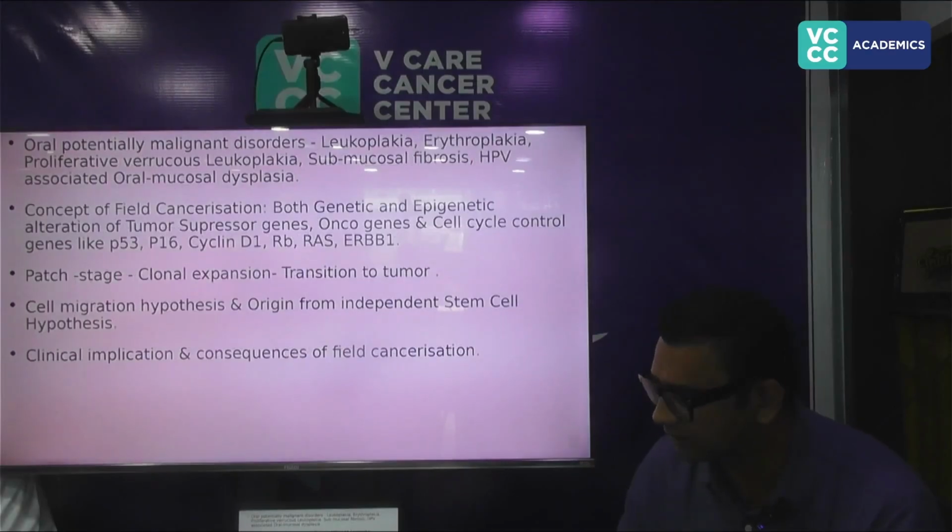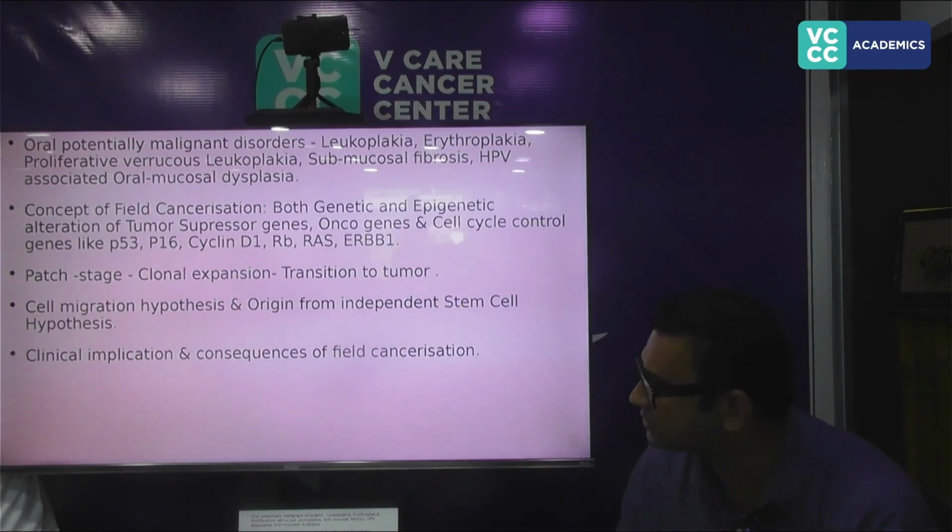The other hypothesis is intraepithelial migration of these dysplastic cells. It is not metastasis because these dysplastic cells do not come out into the lymphatic area, but there is trans-epithelial migration, and in different parts of the oral cavity they show clonal expansion and finally